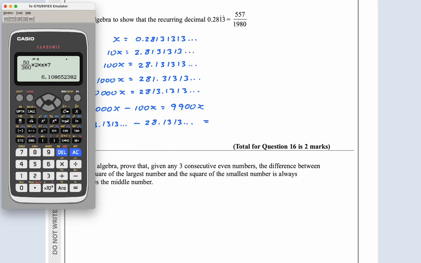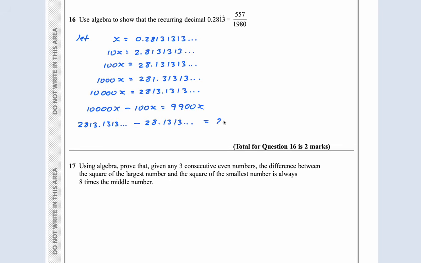So I need to do 2813 minus 28. So I'm ignoring the decimals because obviously they're going to cancel when you subtract them. So this is 2785. Okay, this is a long one of these, right? So that means that 9,900x equals 2785, and then x is 2785 divided by